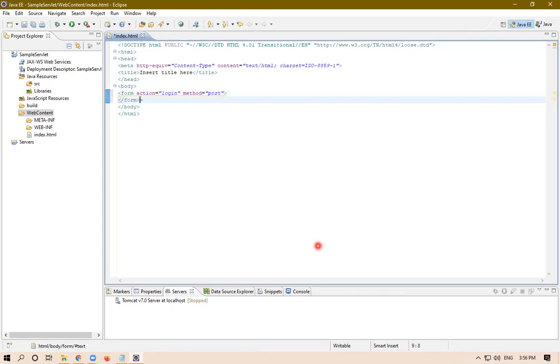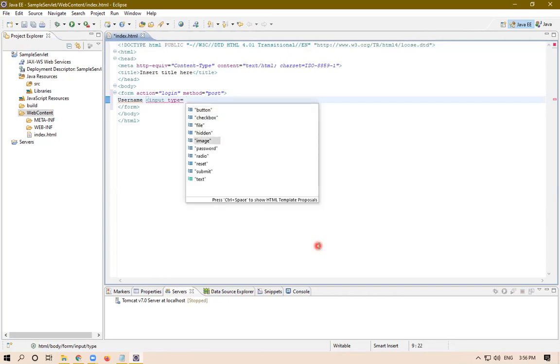Then you are going to write down the username. Suppose one text box, you are going to use input type, and here it will be text, name is equal to, suppose, unm.